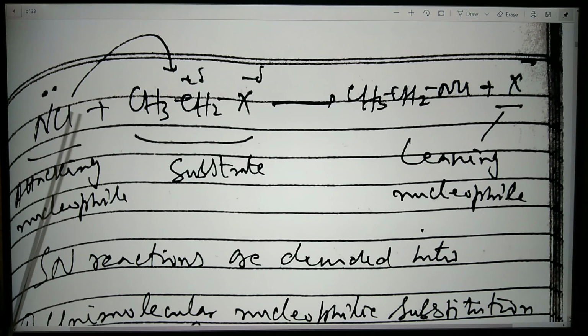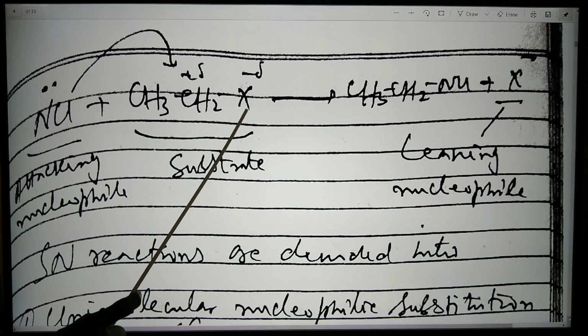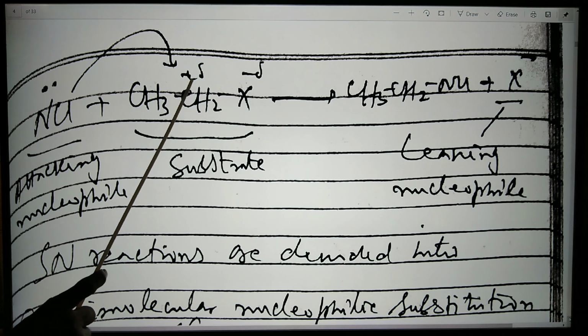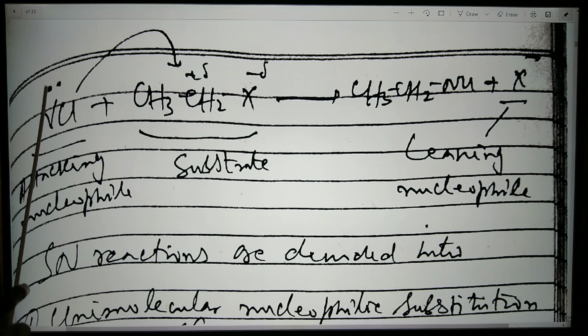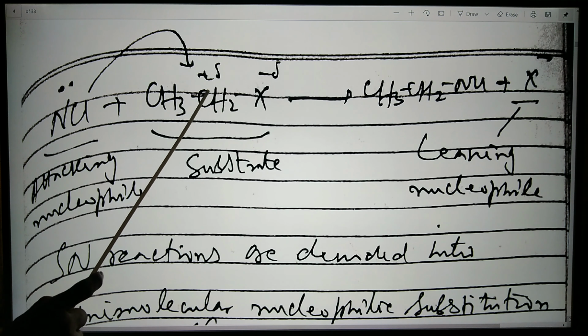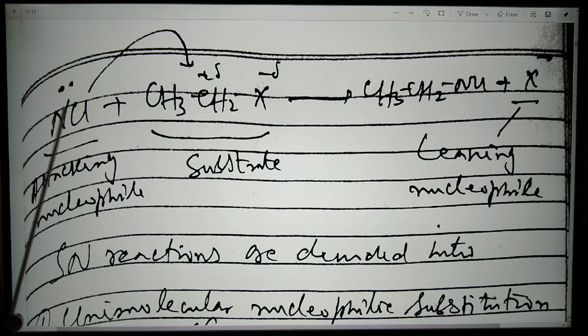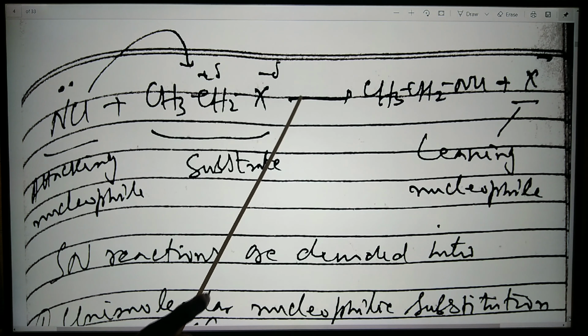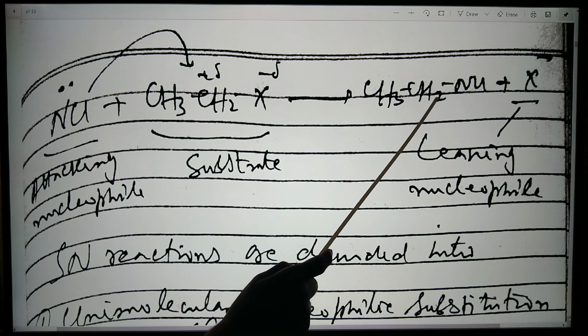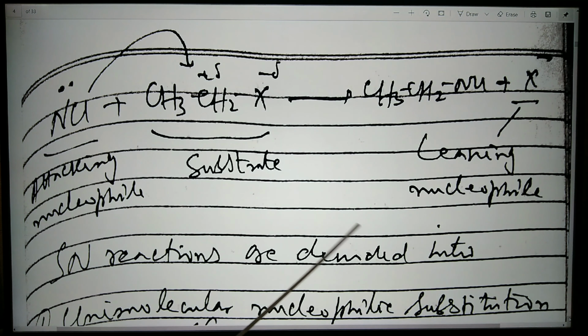For example, if we have CH3CH2X, the X is partial negative because it is electronegative. The carbon is electropositive, so partial positive. The nucleophile has a pair of electrons, called the lone pair. So it will attack, that is, donate the electrons to this positive carbon, and since it has a negative charge, it will repel the X and remove it from the system. So this nucleophile will attach: Nu-CH3CH2, and the halide is removed as X minus.